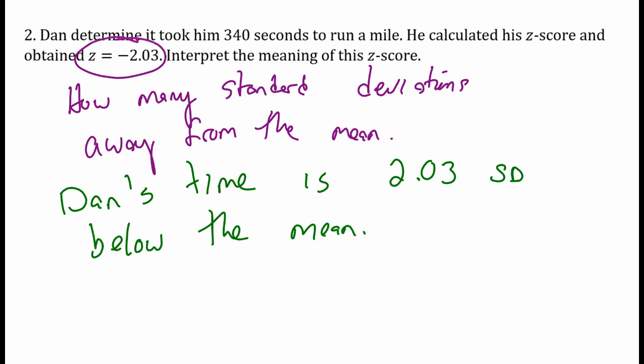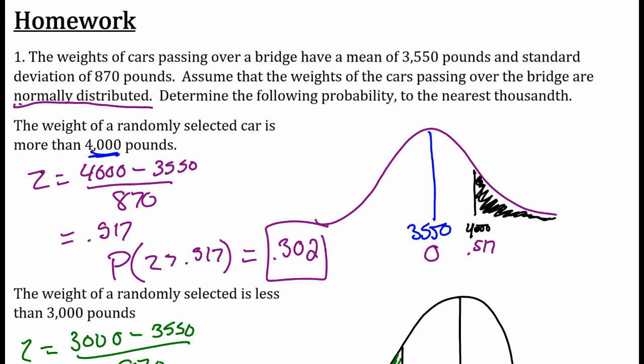So it's important that you know what z-scores are. It tells you how many standard deviations away you are from the mean, and also how to use normal distributions to find these probabilities by using the normal CDF button on your calculator. We'll practice this again in lesson